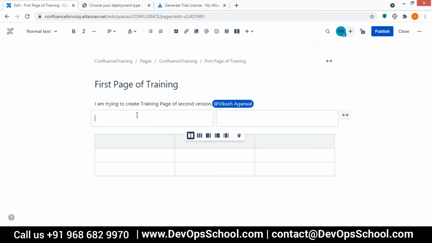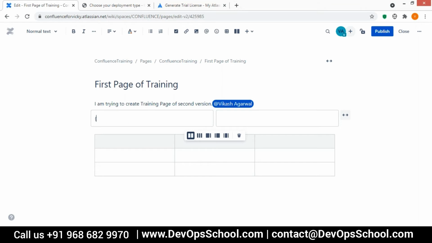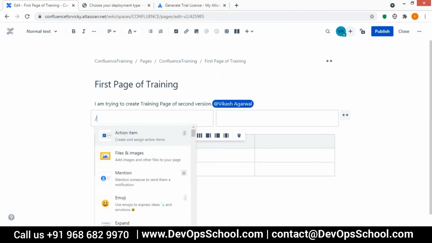One thing to note here: you can access the macro using the slash, or you can access it using curly braces. For the local installation, you will see the macro using the curly brace, but for cloud, you have to use the slash.